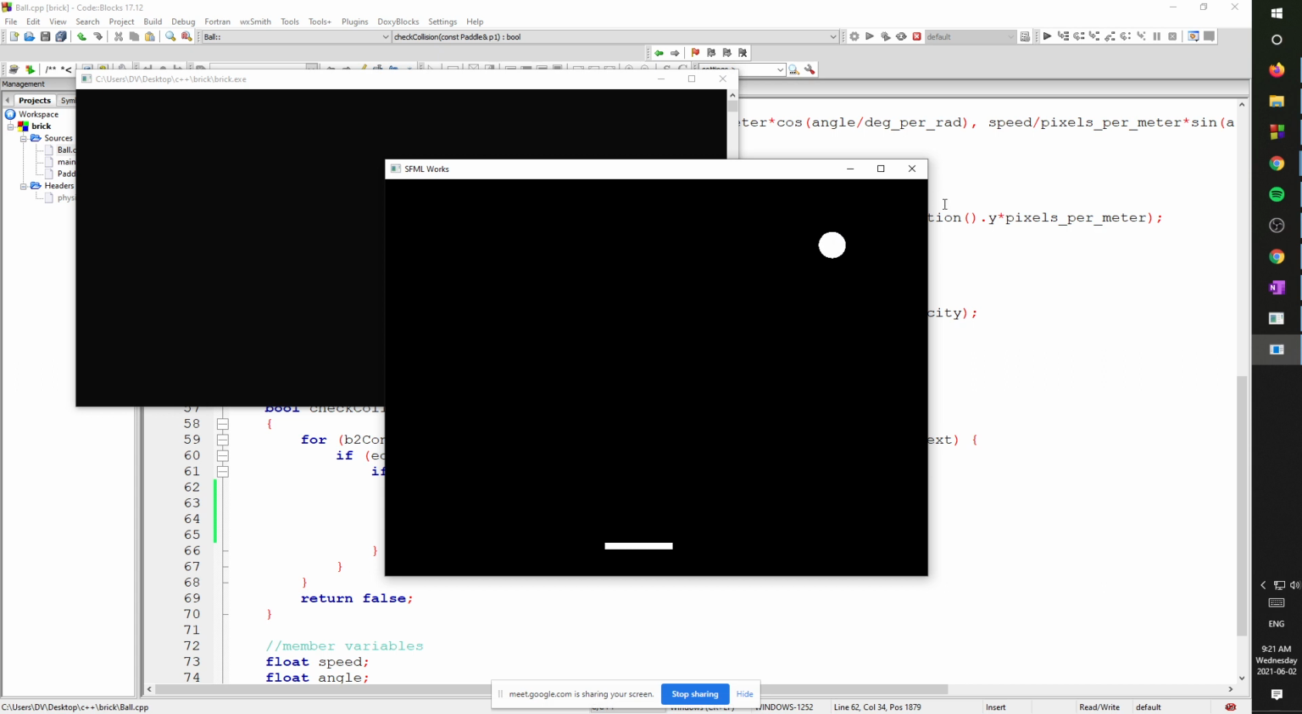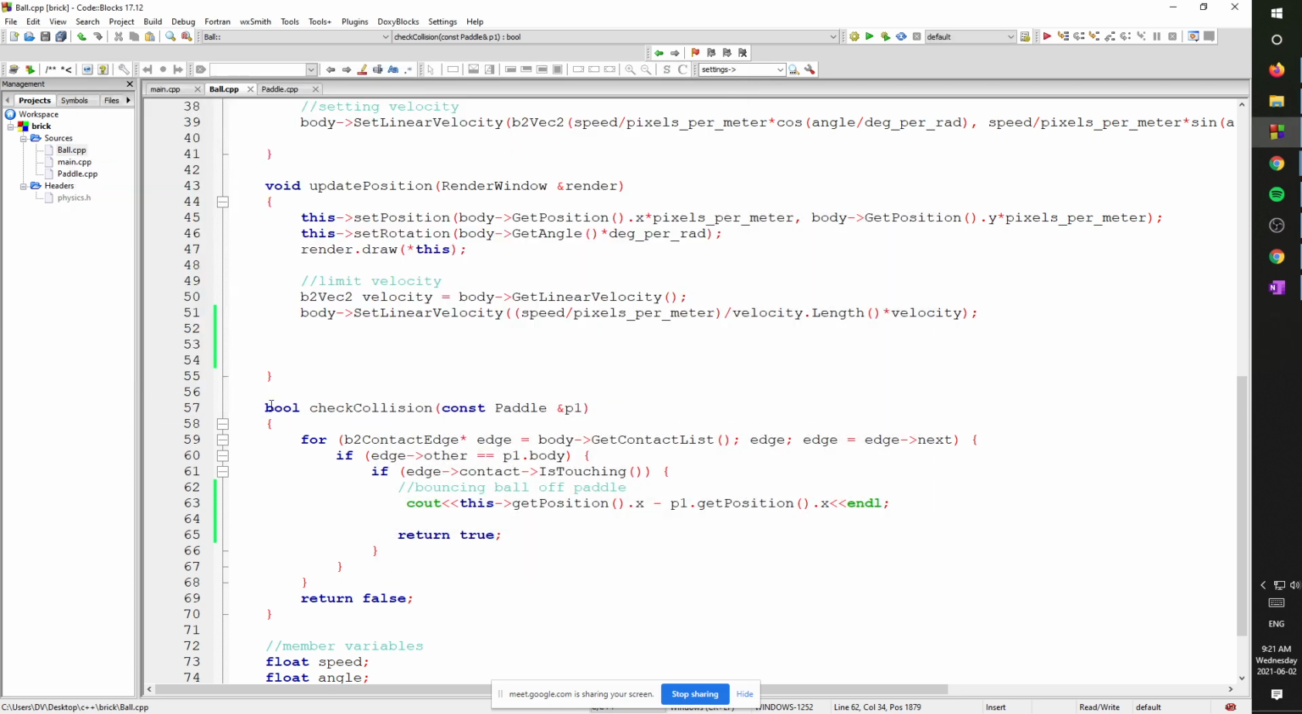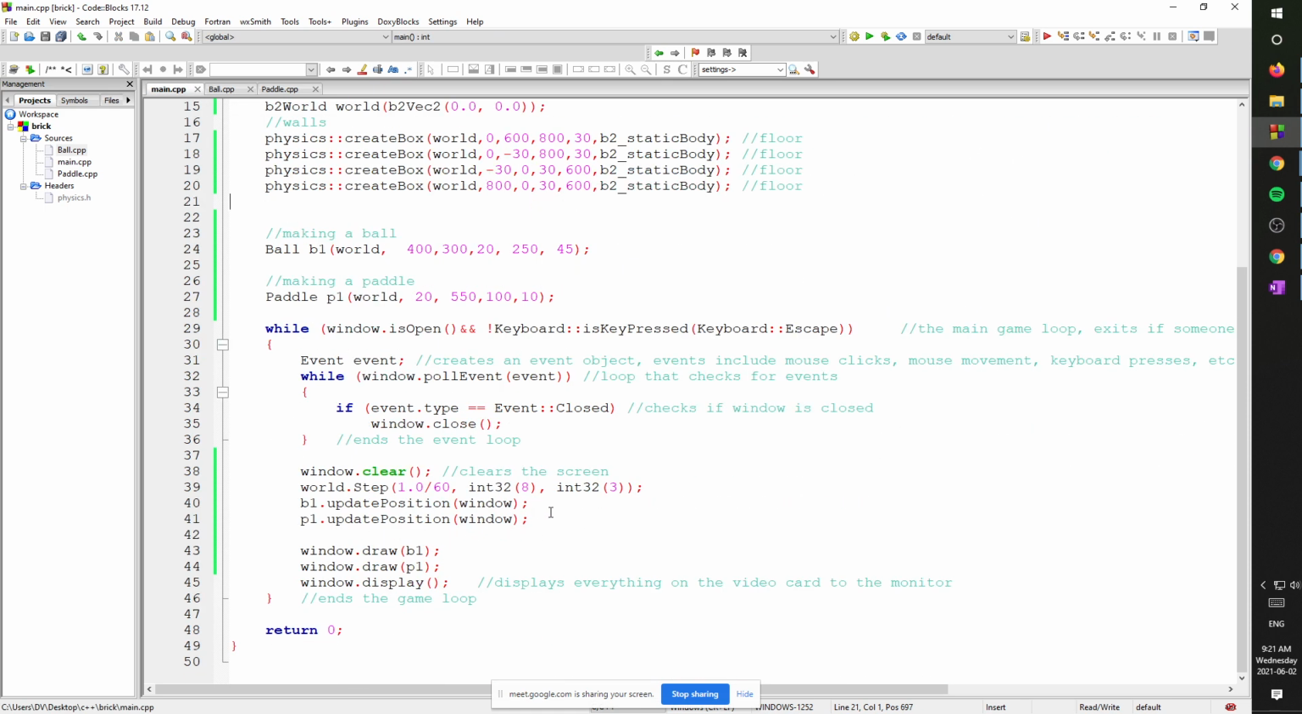Oh, I know why it's not doing anything. It will work, I'm sure, but I have to call check collision in my code, right? I haven't done that, so I have to go here, and I have to go